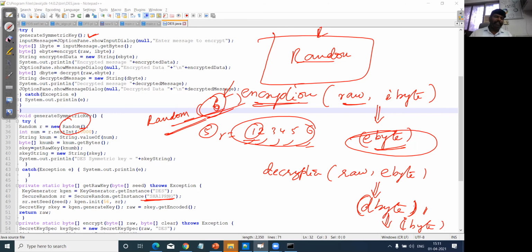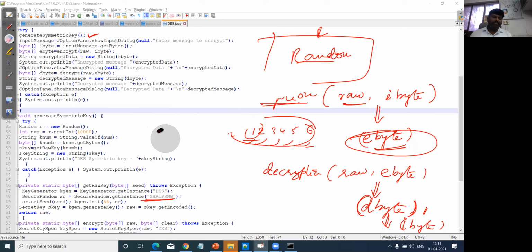So here the Random function allows the program to select random values, and followed by the nextInt function, which helps to accept the values which are present in the next positions, and followed by the corresponding elements, the value of which identifies the locations, memory locations, and the information present in the corresponding positions. Right, the entire information, based on this value, getBytes, this kNum.getBytes value is stored in the kNumB.